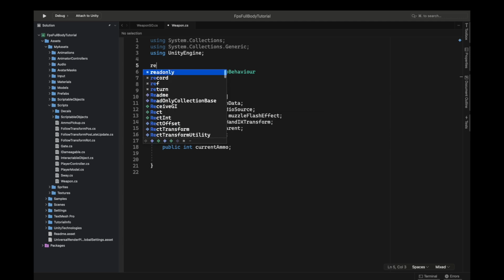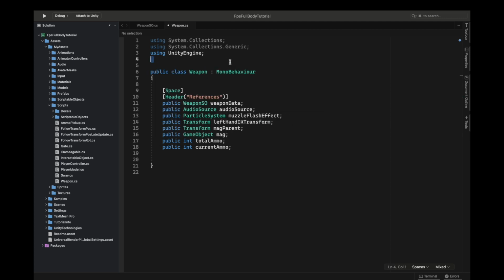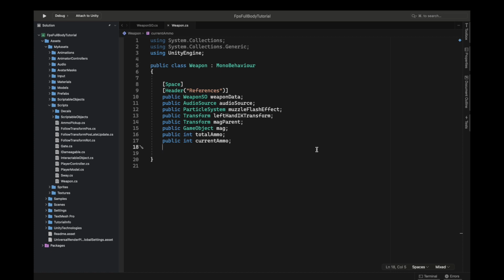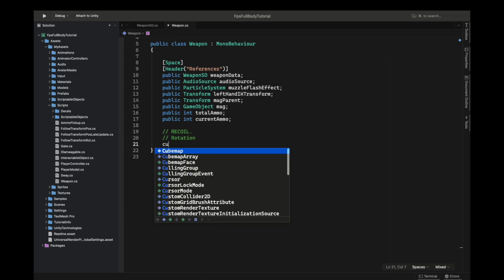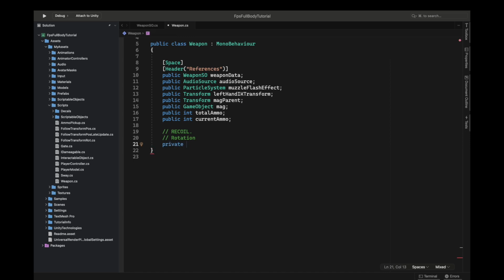Firstly, we need to close the space. We need to have a new comment, and that's going to be for the rotation, and this is for the recoil. When you see me shoot, it's not actually making the game feel any better. It makes it look really static. So to make that better, we can add a comment, recoil rotation, and simply define a private Vector3 for the current rotation, another Vector3 for the target rotation,